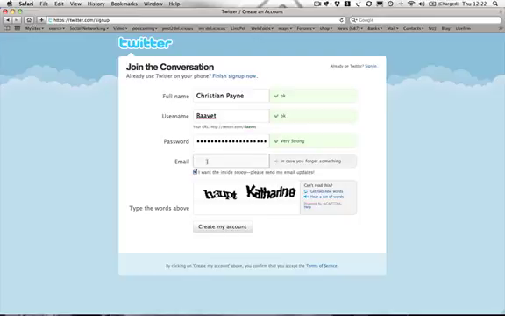I will probably change that for something shorter, but I just wanted to show you how it goes through the scale of, yeah, not too bad, and then, yes, this should be uncrackable. Nothing is uncrackable. There's a lot of hacking going on, so just make sure that you make your account as secure as possible.